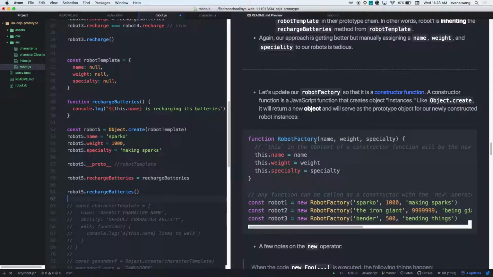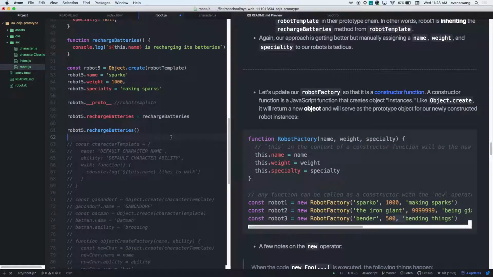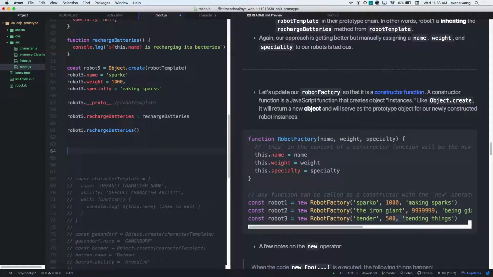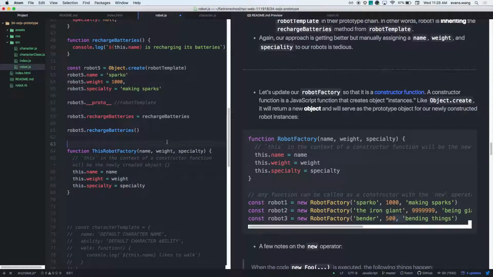Let's do this. We have the robot factory from before, right? Except this time, I'm going to put this in front of it. So all I'm going to do is put this robot factory. Cool? Just so it's different from the original robot factory. Something I want to point out that's very important